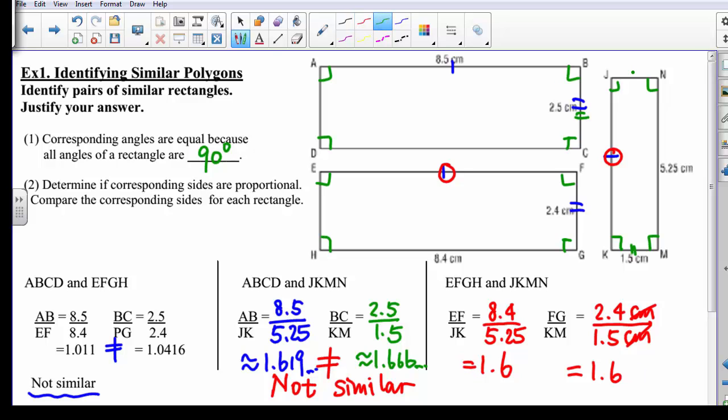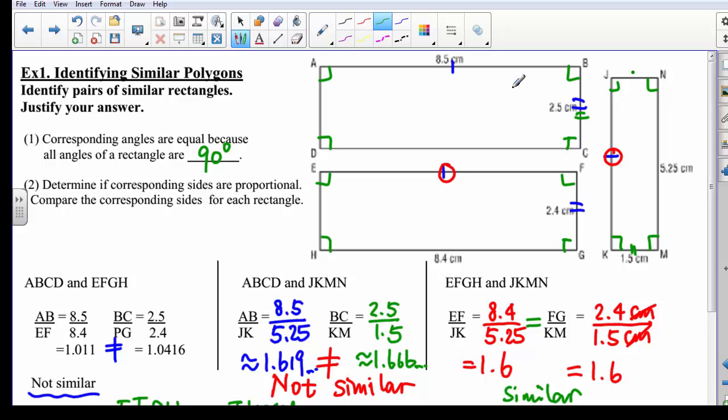So in these two rectangles, I can find their corresponding sides are proportional as well. So these two rectangles are similar to each other. The final conclusion is rectangles EFGH and JKMN are similar rectangles. From this example, we realized that sometimes even if we have the corresponding angles the same,